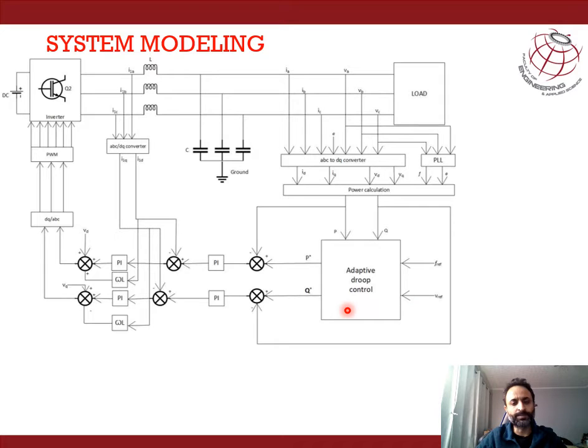And basically, this adaptive control is simply mimicking the functionality which the synchronous generator used to perform. So we feed this into a power PI controller, and the task of the power PI controller is to remove the difference between the actual P and Qs as compared to the desired P and Qs. The output of the power PI controller is fed into a current PI controller, and the task of the current PI